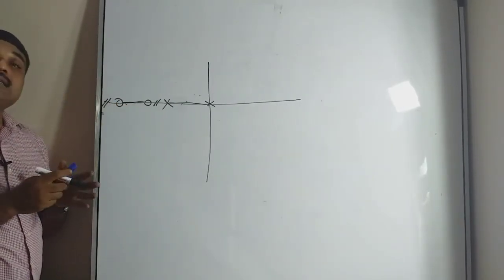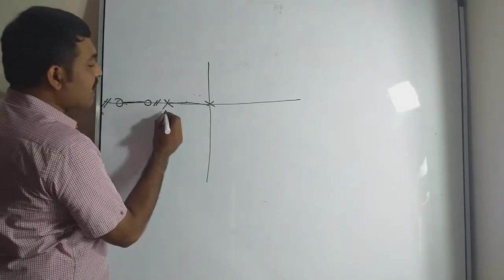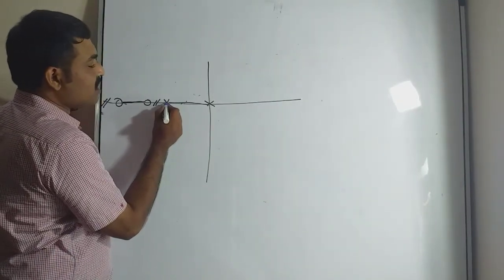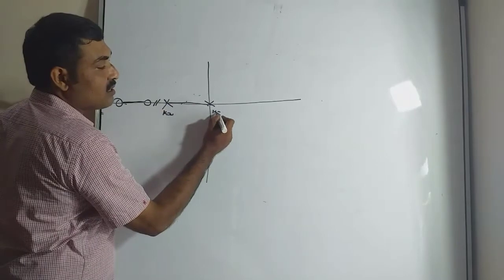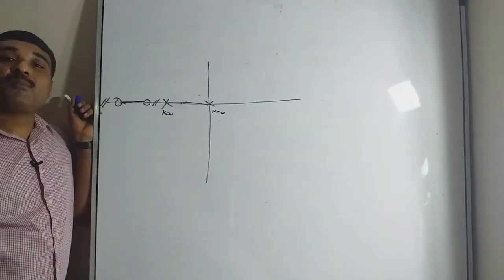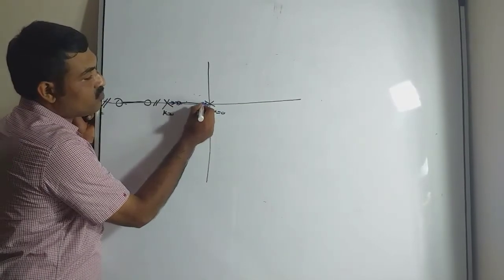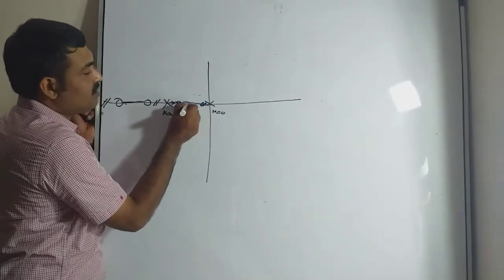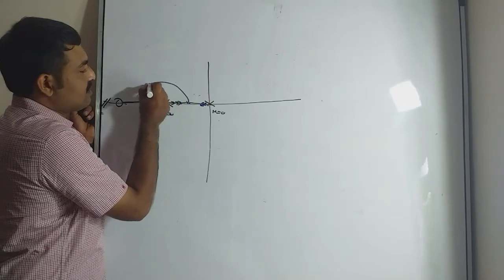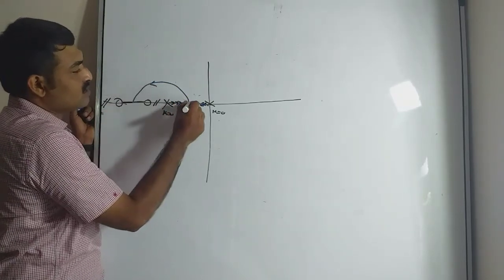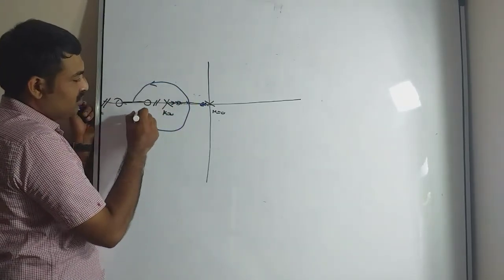This will also trace a circle. So with k equal to 0, one branch starts from here, the other branch starts from here. We have two branches since the number of open loop poles is equal to 2. So this will move in this direction, this will move in this direction. At this breakaway point, this will trace a circle, that is, root locus will move along this circle. Here this will move along this circle.